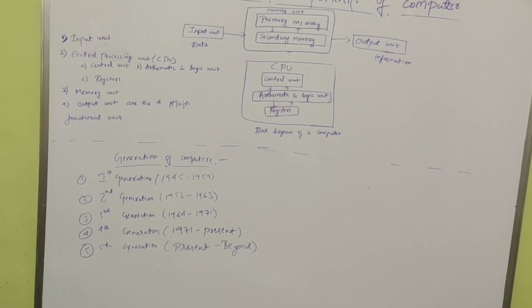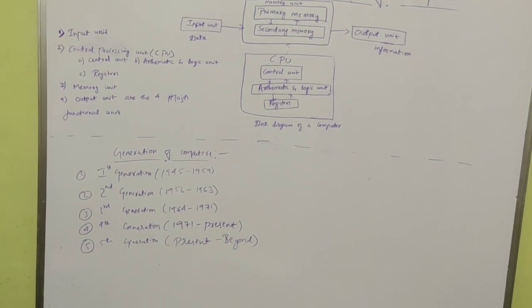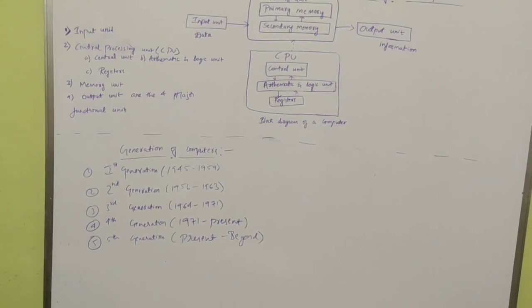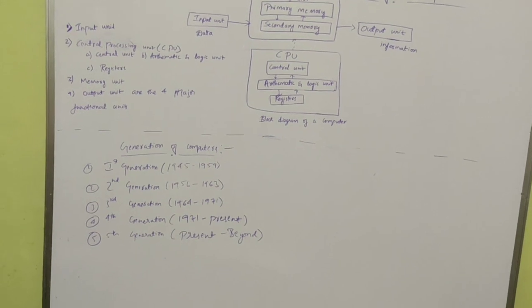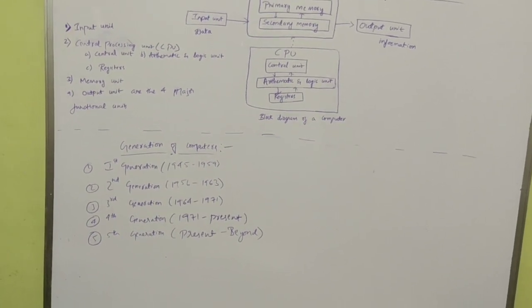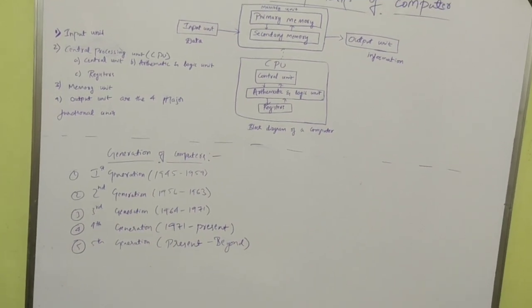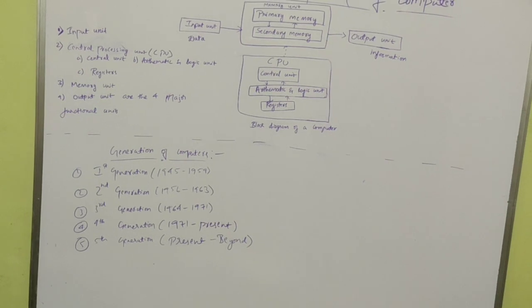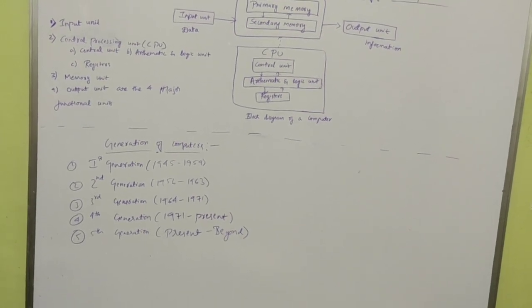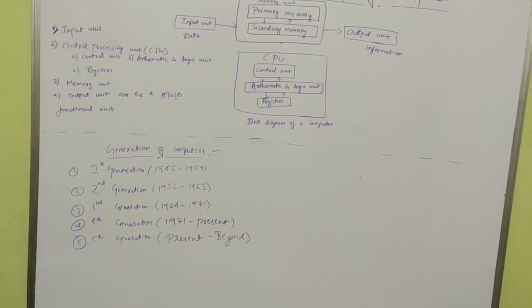And the next one is the arithmetic and logic unit, ALU. It is mainly used to perform operations like arithmetic operations: addition, subtraction, multiplication, division, modulus operation, and it also performs logical operations which result in true or false, and also relational operations. Now registers. The central processing unit mainly consists of a number of temporary storage units which are used to store instructions and intermediate data which may be generated during processing.